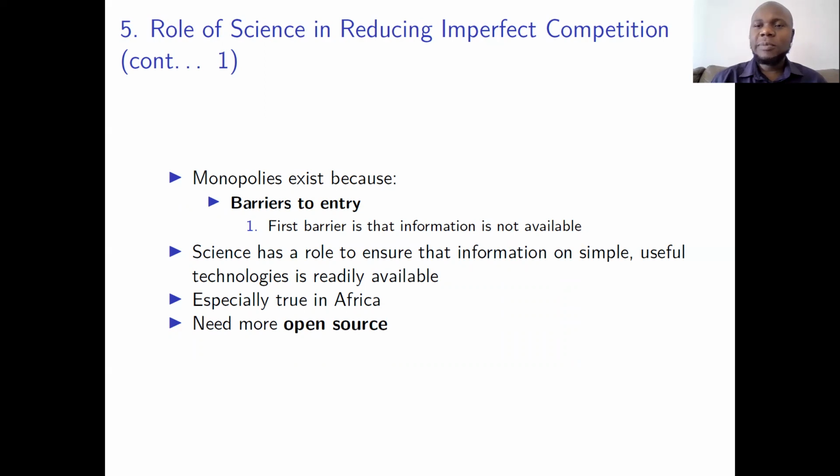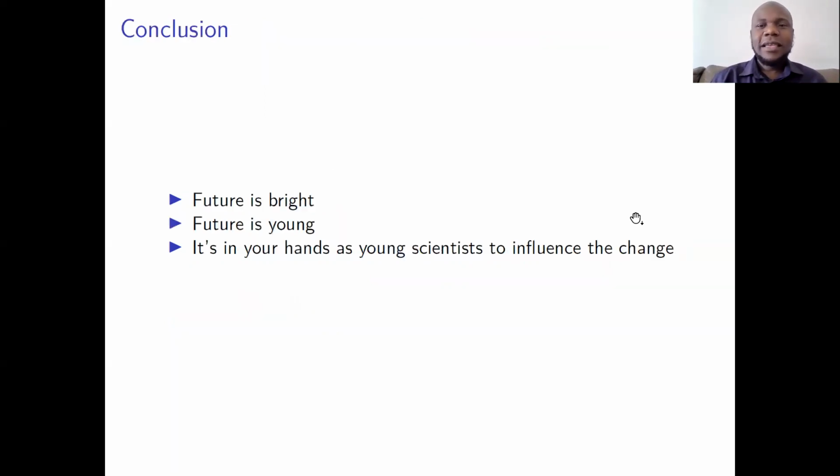Why has this been possible? It's because when the pandemic started, people put their heads together, scientists, and out of that research, they managed to sequence the coronavirus and develop vaccines. So this is unprecedented, and it's made possible by science. Science is important. It reduces imperfect competition. It ensures that we've got more supply of vaccines in this instance. I should say I haven't been vaccinated yet, although.